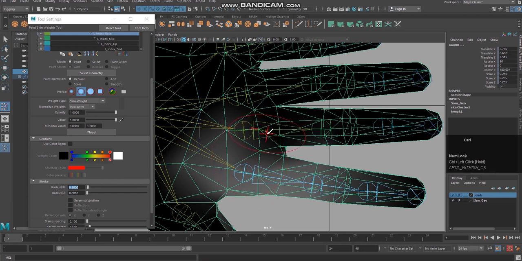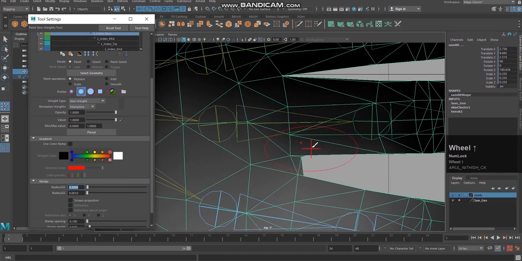So I'm going to press control Z. I'm going to make the brush size smaller, 0.3. Yes, 0.3. Okay, now I'm going to press control and remove this.